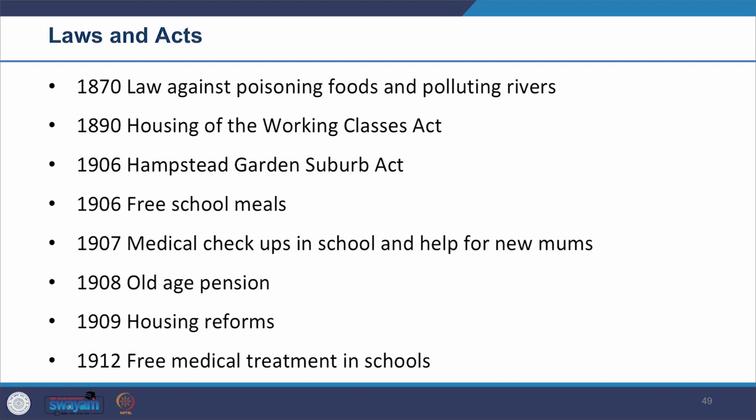Furthermore, in 1908, old age pension was also started. Then in 1909, housing reform happened, and in 1912 free medical treatment in school was also initiated. So you see parallelly how the social reforms were also gaining momentum here with the change in the voting